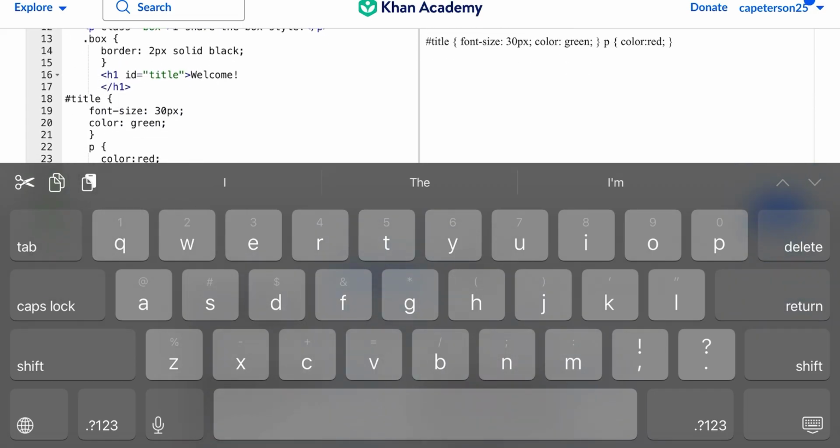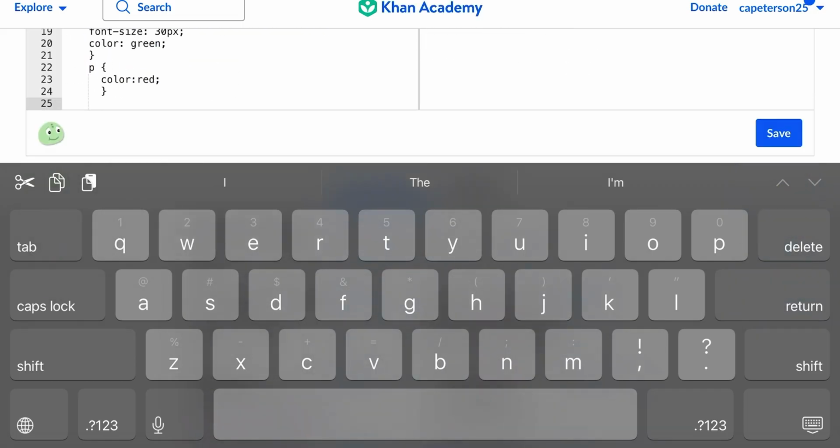which doesn't pop up on the Khan Academy one, but if you're working with something that's more efficient, it will pop up for that. So background color is the property that sets the background color of an element. So if you're working in CSS, an example of this would be